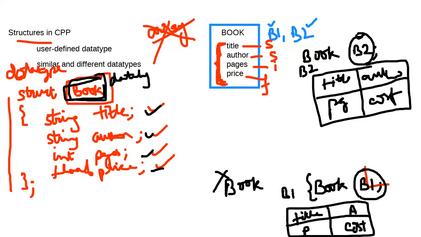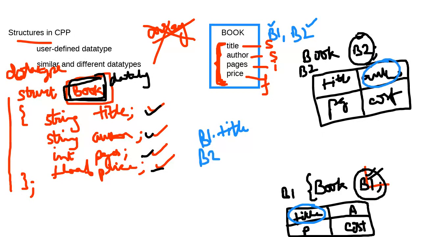Now how do I access the variables? If I want to access the title of book B1, so how will I access that? Access कैसे करते हो इनको? By using the dot operator. Right? If I want to access what title is written here inside this block, so what will I write? I'll write B1 dot title, right? If I want to access the author of book B2, so what will I write? B2 dot